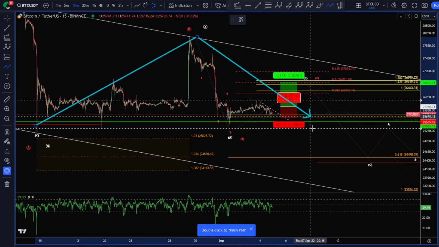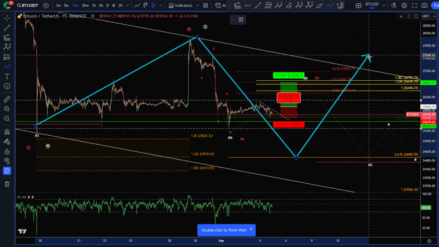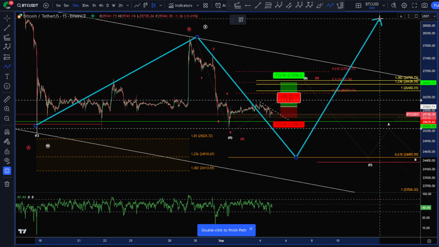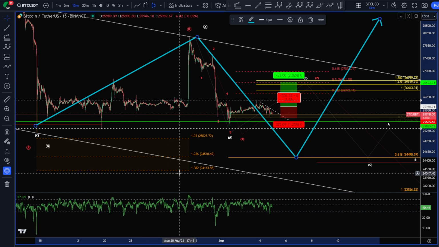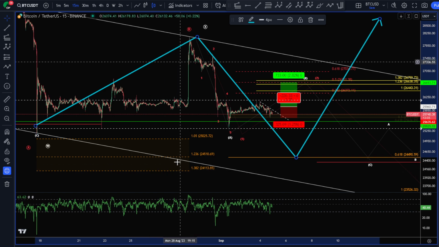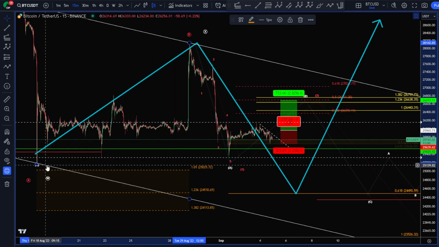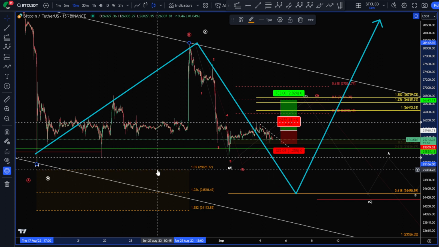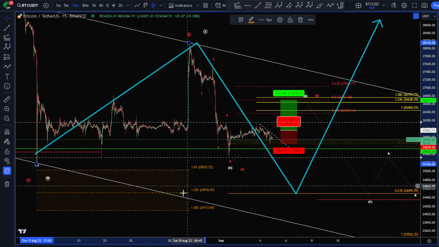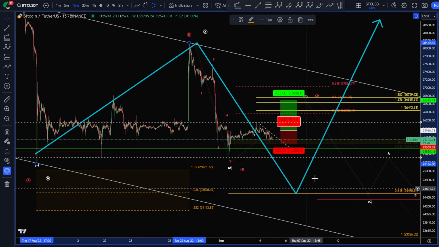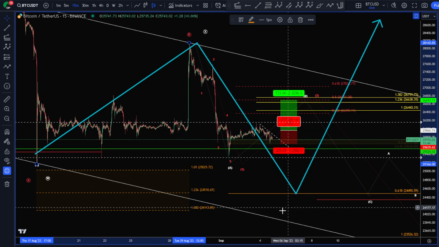An A wave. Come down for a B wave to at least the 618 here, and then we'd look for a C wave in either a running flat or expanded flat. And probabilities decrease if we pass the 1.382. That measurement is this wave here, or the retracement tool, and you just put the 105, 1.236, and 382 on it. That's the standard measurements that an expanded B would come into in a flat.